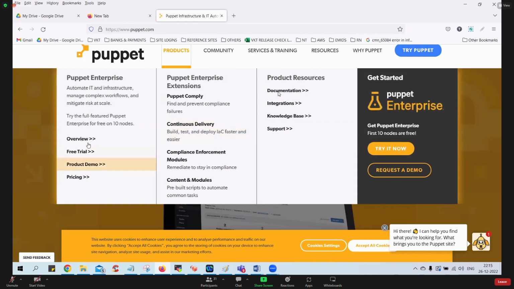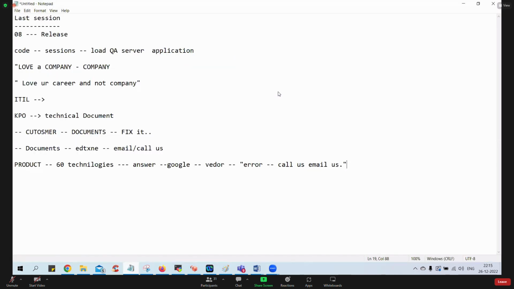So the world is changing, guys. Even today, any product without documentation is not working. Do you agree? This is an evolution of the service industry. You produce a product, you should have very clear, user-friendly documentation for your customers so that they can fix it. If they can't fix it, if it's critical, then they will approach us. That's okay. Got it now, Sanjay?